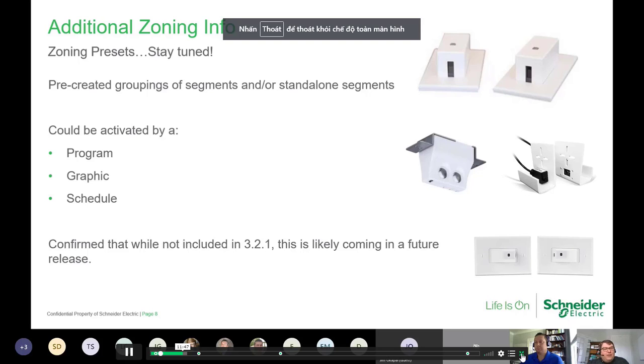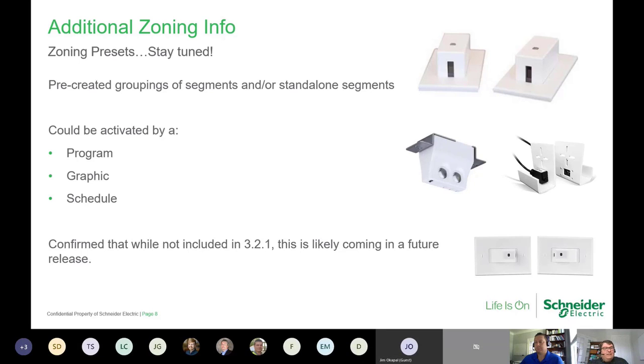But I do think a lot of large buildings, like hospitality, have ballrooms, or large corporate buildings might have meeting